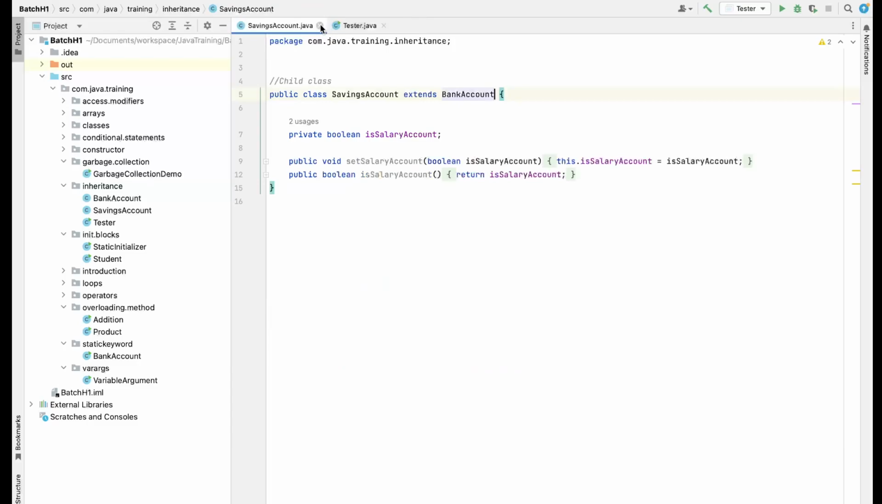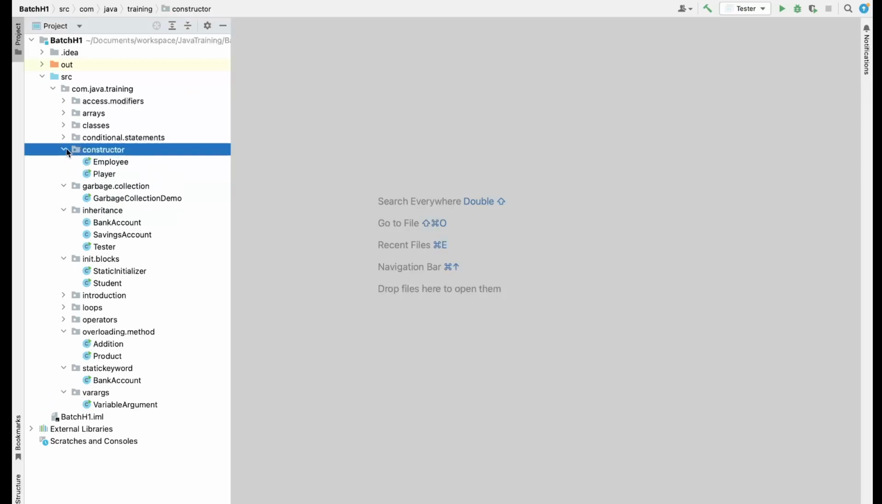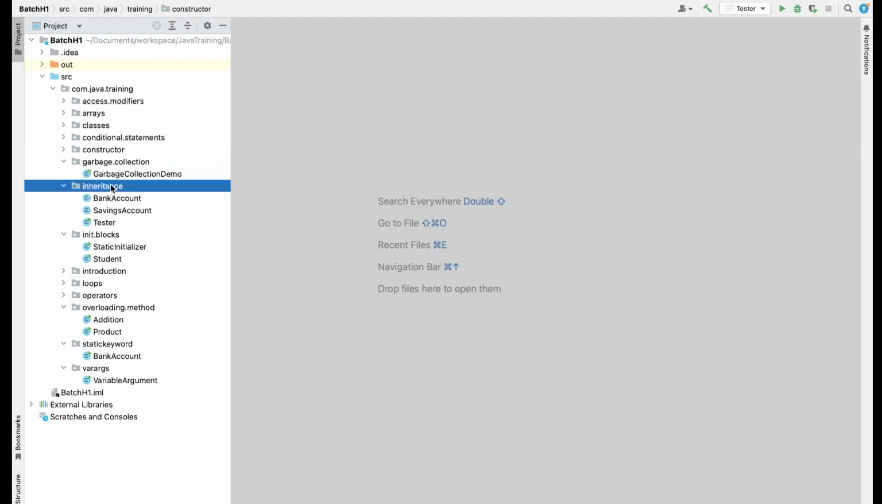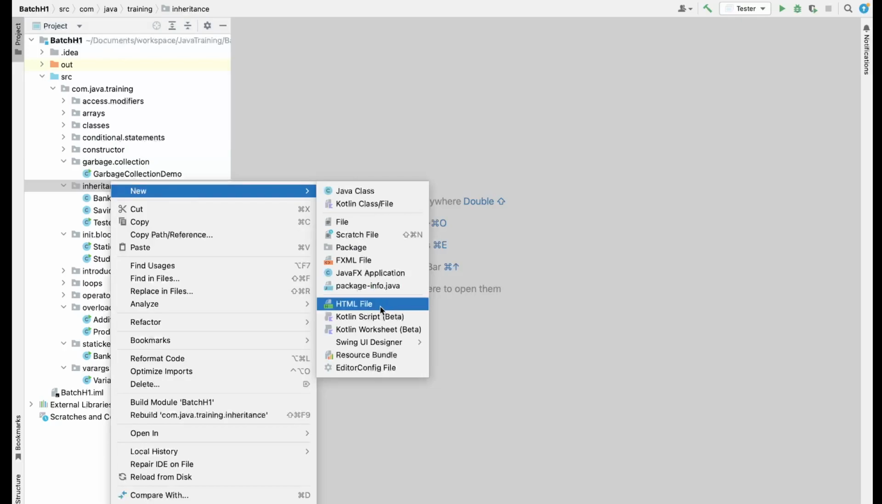Now you are also aware of the concept of constructors. So this inheritance concept also applies to constructors as well. So we'll see today how we can basically